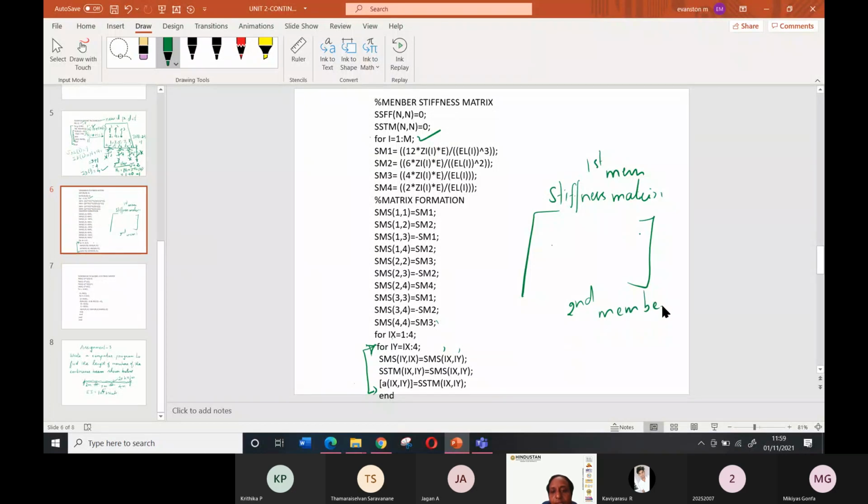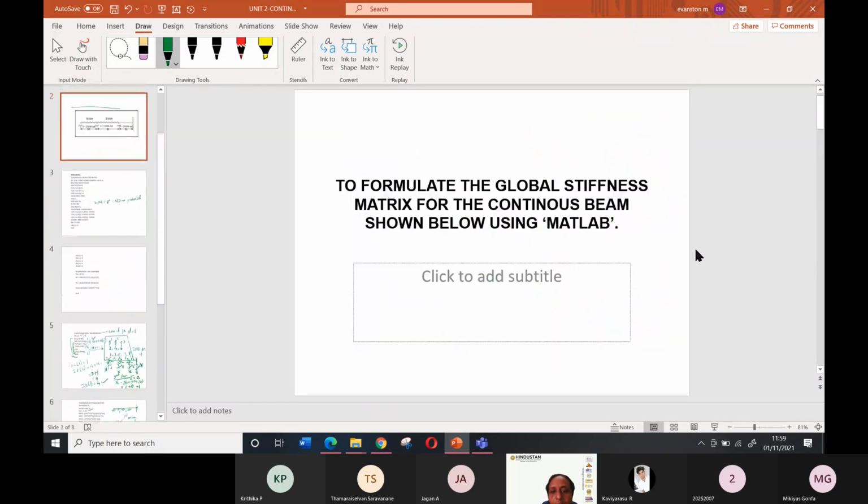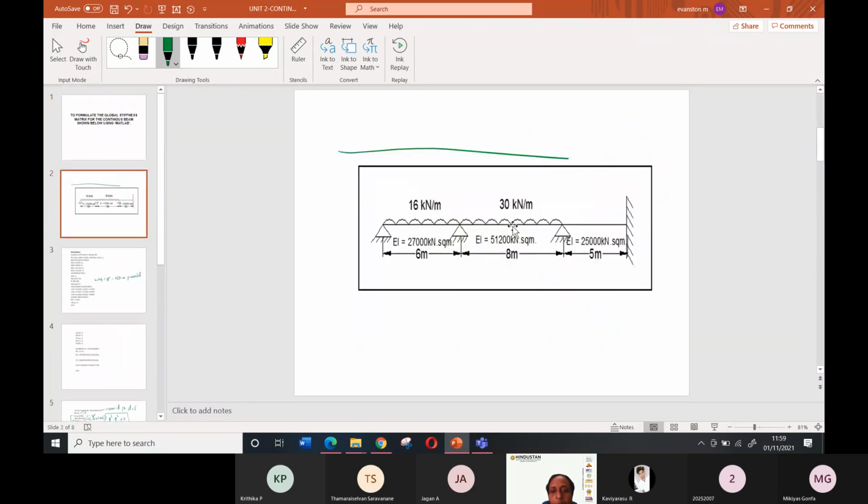Like that, we have 4 members because it's a continuous beam. How many members did I tell? 1, 2, 3.